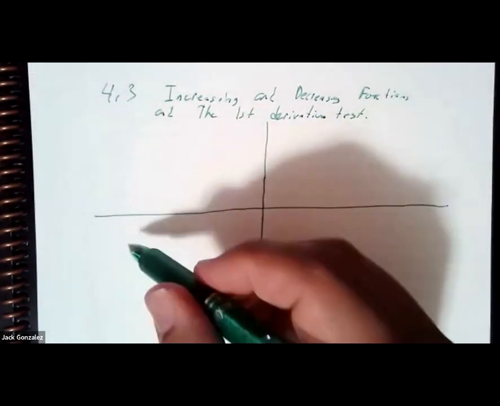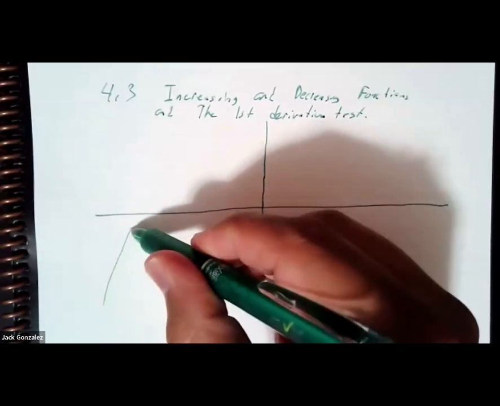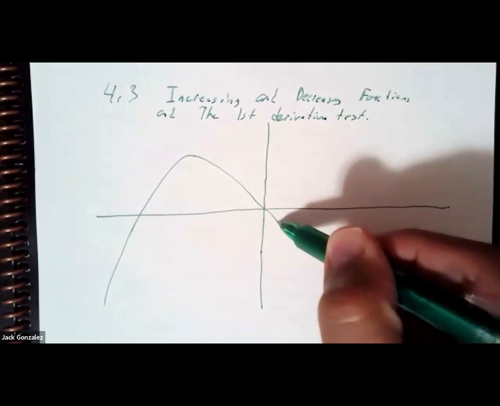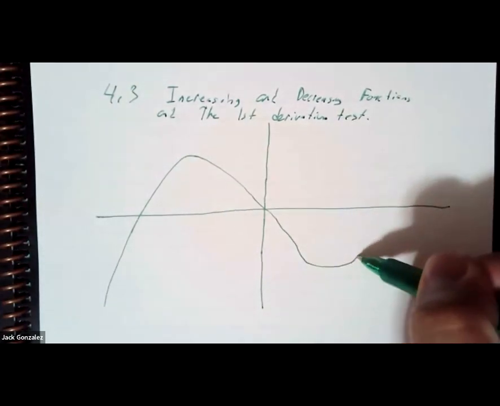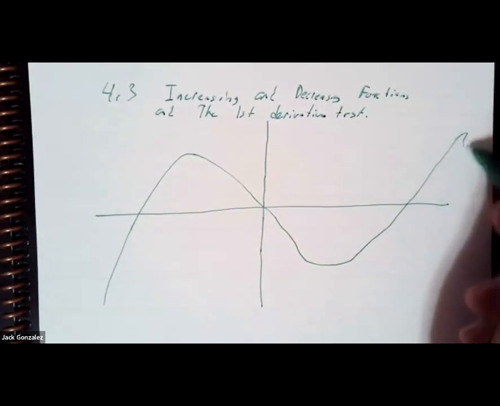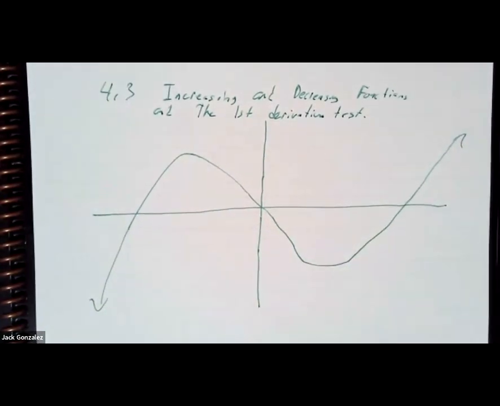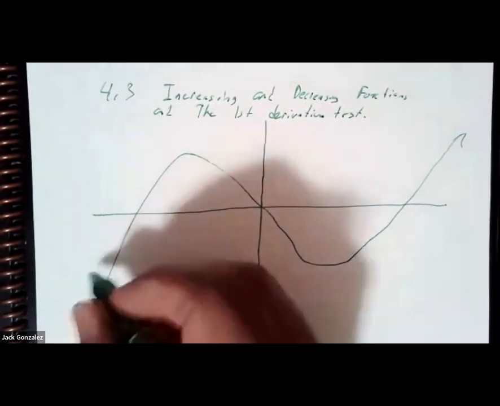So let's pretend we had some random function like this. Then we had a peak here. Then we had a valley over here. Then it kept on going forever. Okay. Now we've kind of mentioned already, we said that